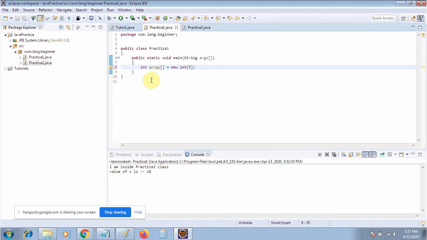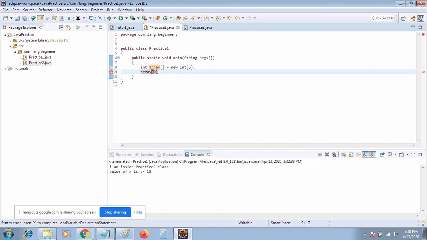Now you can add elements in your array. Means your array has 5 blocks which start from 0 and go up to 4. So we will add each element in the array. I can say that at the 0th position I want to put some number like 10. In the same way I want to put 100.